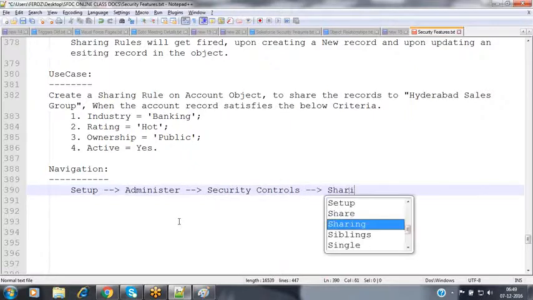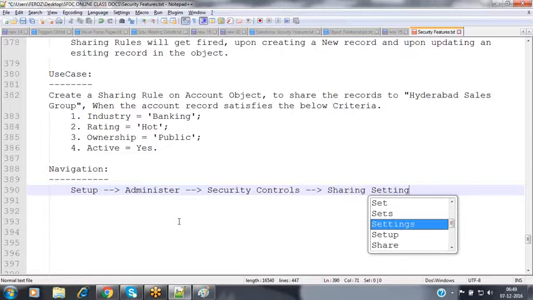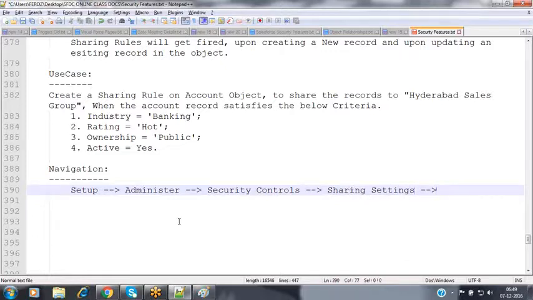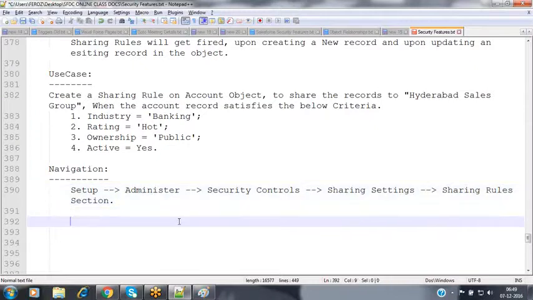Inside that you will be having sharing settings, and go to the option called sharing rules section, which will be available below the OWD options.